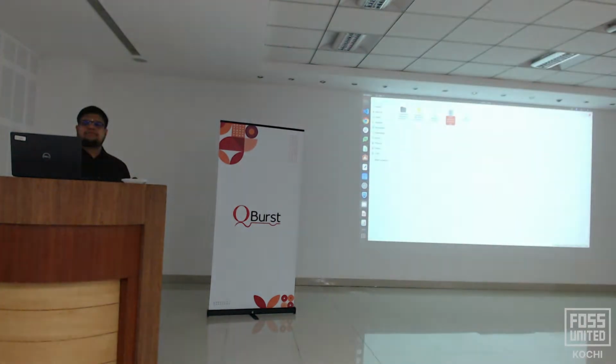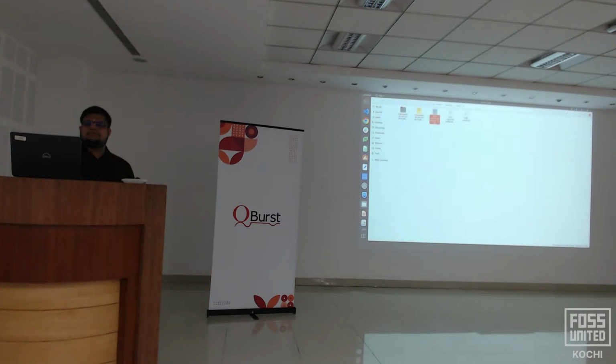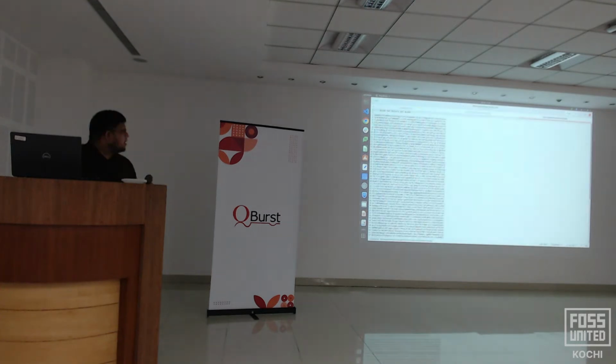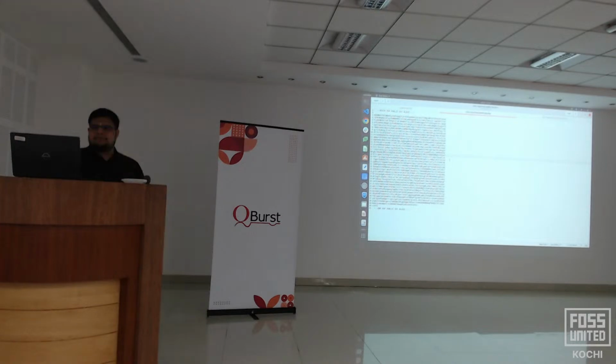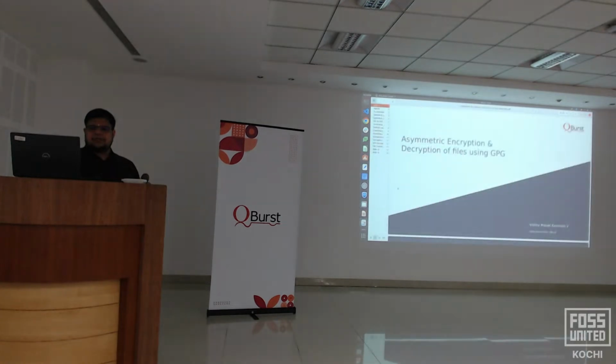So here you can see the private key. This is the sample private key that has been exported. This is the one that we will be using for decrypting the file, and the public key is the one that we will be using for encrypting the file. So the other command is